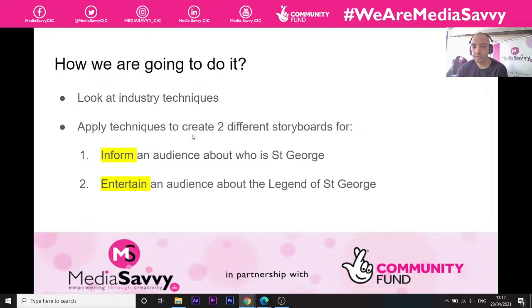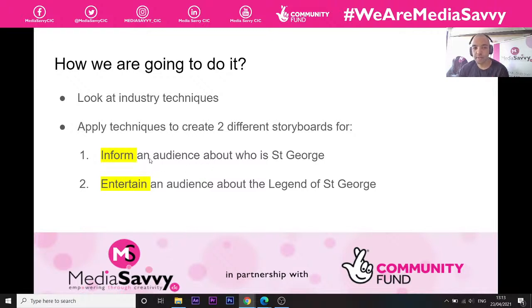Okay, so the two scenarios that I've set up is two storyboards. So within the first half of today's session, we're going to recap on some of those skills, some of those techniques that's needed to build that storyboard, and then we're going to apply that to scenario one here,